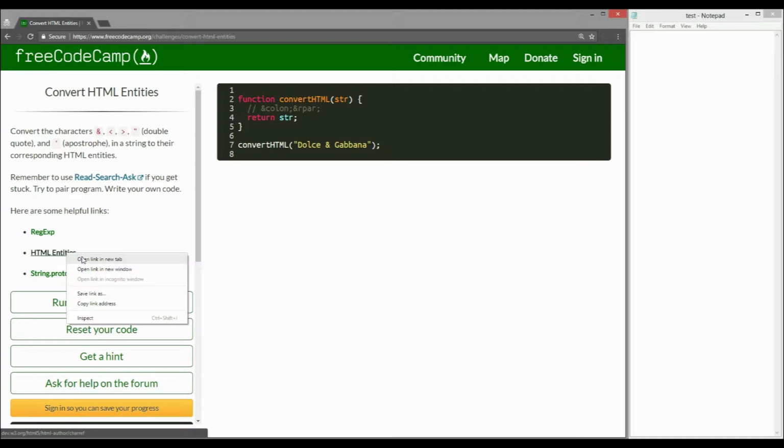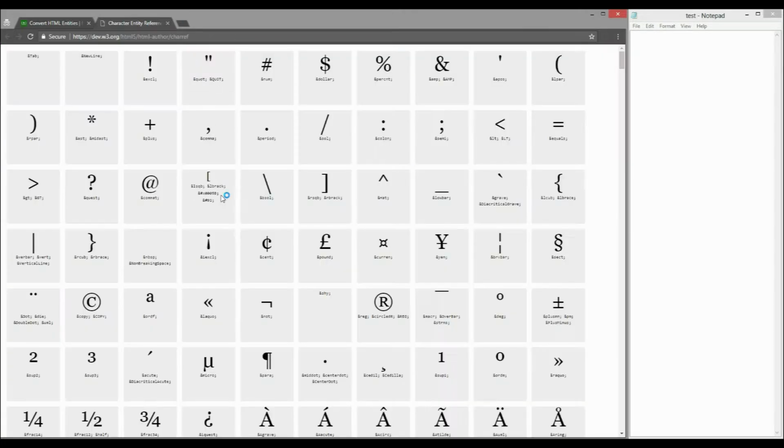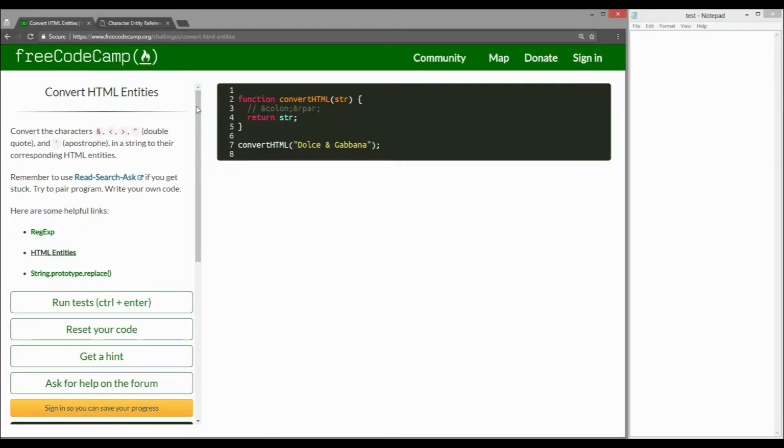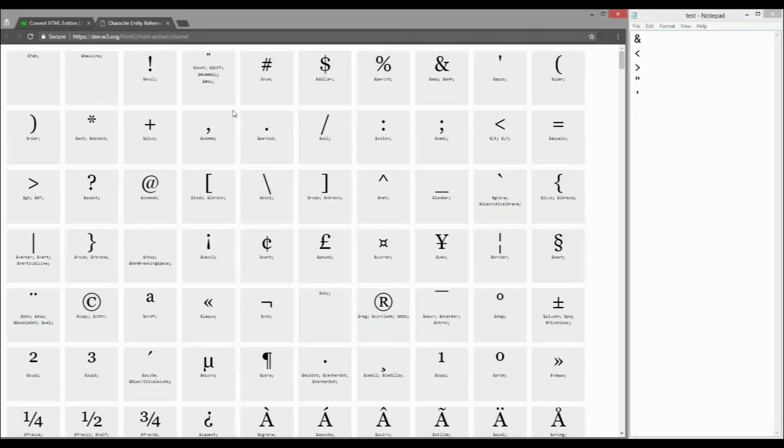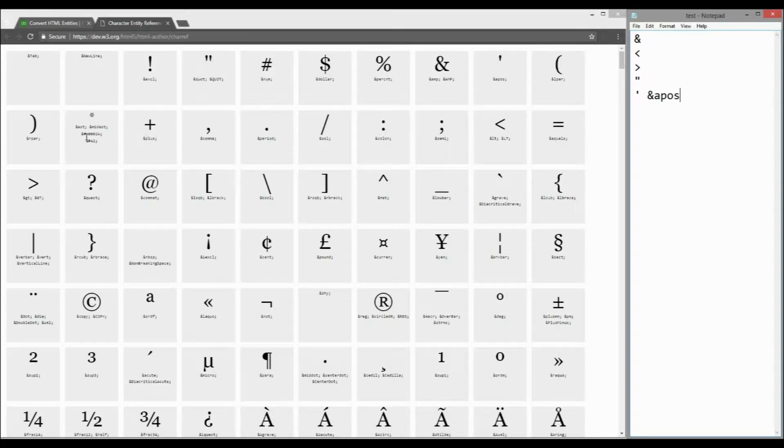So first thing we're going to do is open up one of the helpful links and get all the HTML entities and the replacements that it wants to find. So in this case, we have ampersand, less than, greater than, a double quote, and an apostrophe. Okay, let's find them. So we got one here. That is going to be &apos; And then where is the double quote? There you go. So this is going to be &quot;